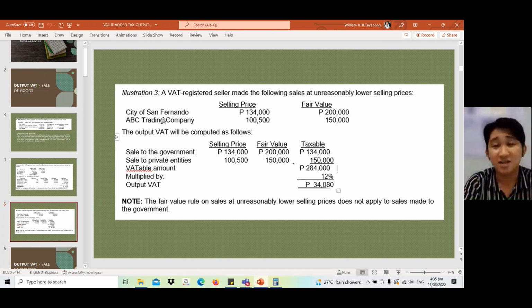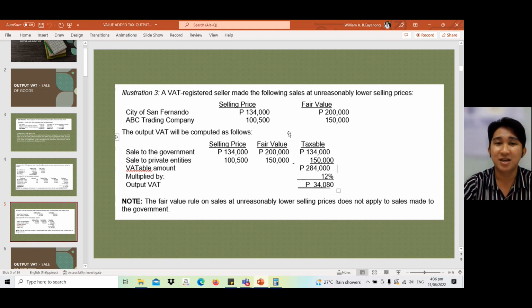Therefore, kahit na mag-unreasonably lower po yan, ang gagamitin talaga natin is the actual selling price. But on the other hand, ABC Trading Company, if mag-unreasonably lower po ito, ang gagamitin natin is not the selling price but the fair value. So ang exception lang po talaga natin dito is the government. Actual selling price po talaga siya, regardless kung ang selling price is unreasonably low. Okay, so no need to compute for the government kasi ang gagamitin talaga natin is the 134, which is the